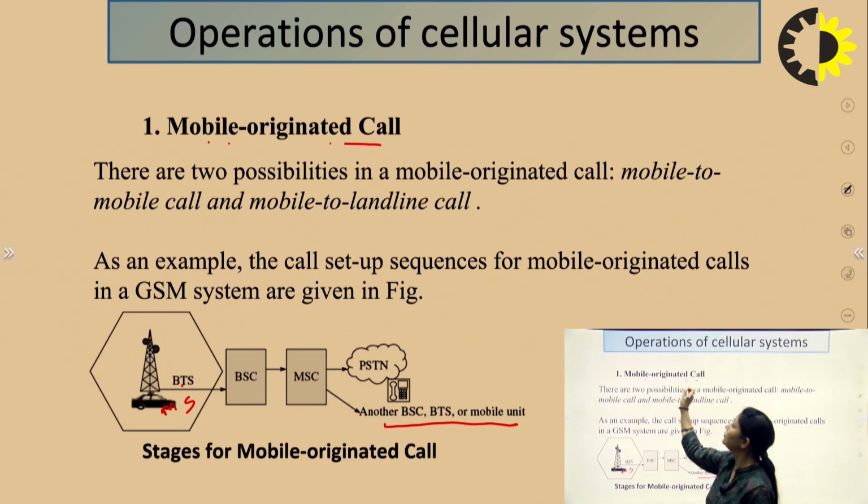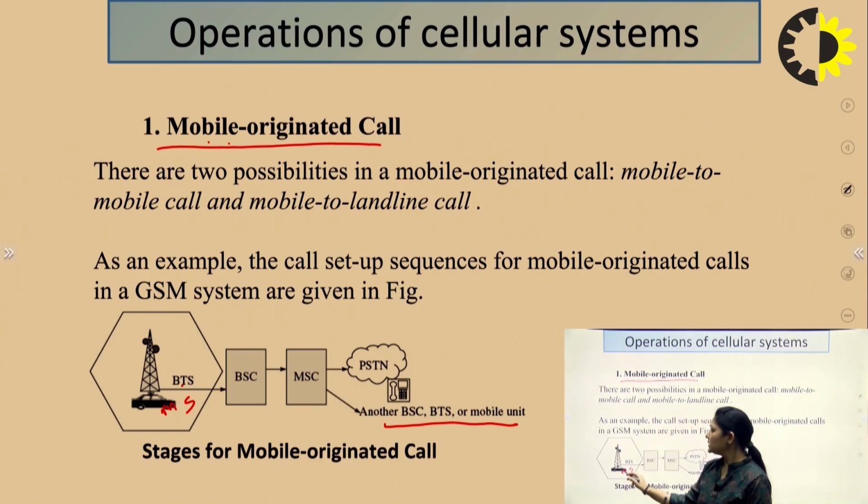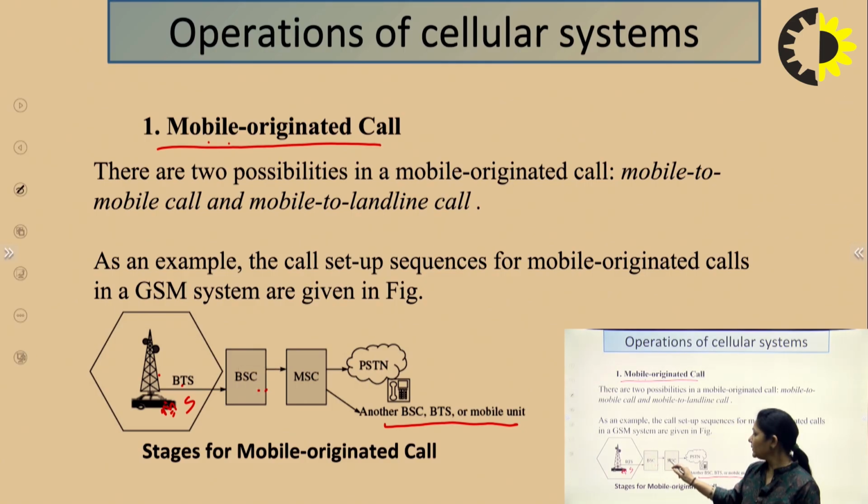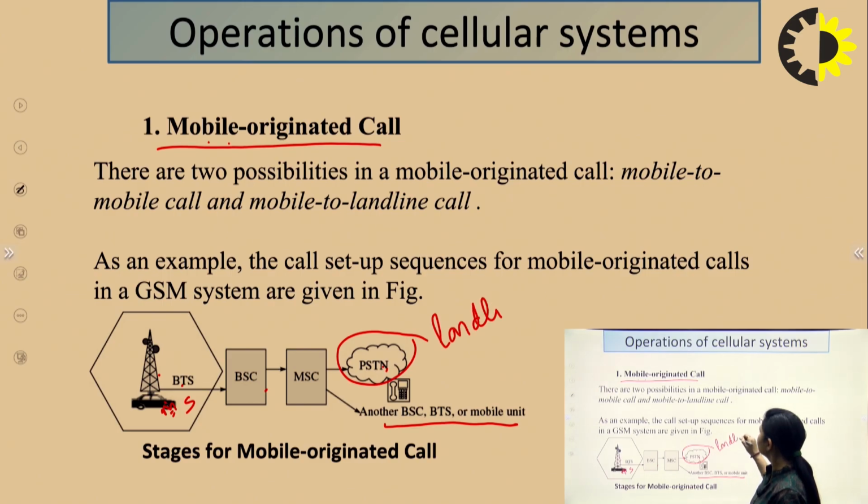Now in the case of mobile originated call, when the call is originated from the mobile itself, then this mobile will connect to the nearest BTS. The BTS will connect to the BSC. The BSC will connect to its MSC, and then accordingly it will make the call to PSTN, or it will connect to another BSC or MSC or BTS that is in another cell, right? So these are two possibilities in a mobile originated call, mobile to mobile call and mobile to landline. PSTN stands for landline,